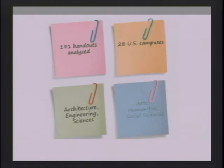So in 2009, PIL asked instructors in a variety of different disciplines from 28 different institutions to voluntarily submit their handouts to the PIL researchers. The researchers then analyzed 191 of those handouts, which came from four-year colleges and universities as well as community colleges. They also conducted 15 telephone interviews, and while the research topics were on a broad variety of different topics,